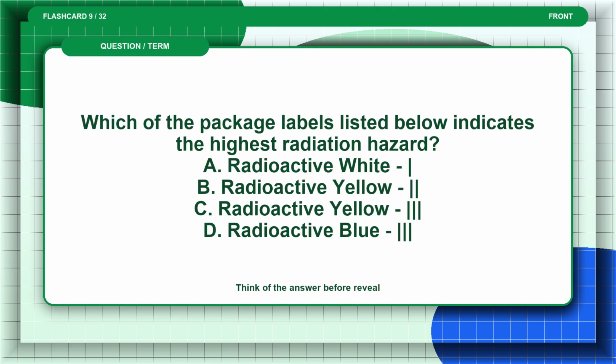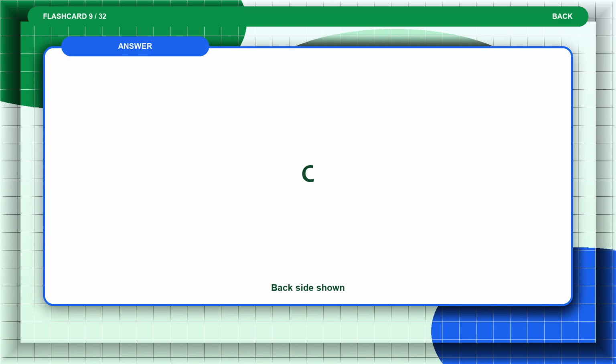Flashcard 9. Which of the package labels listed below indicates the highest radiation hazard? A. Radioactive white. B. Radioactive yellow. C. Radioactive yellow. D. Radioactive blue. Think of the answer before the reveal. The answer is